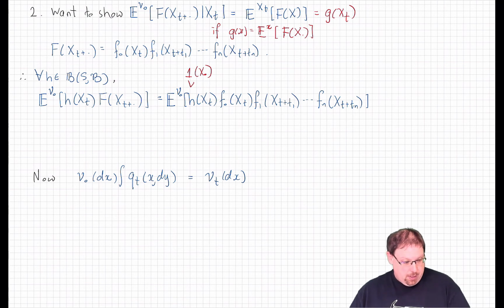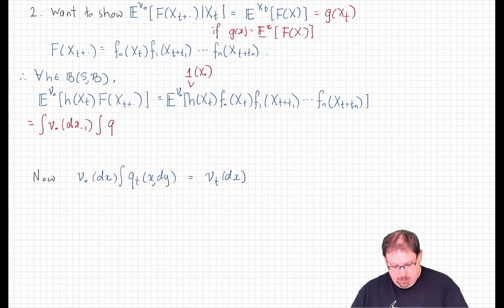And then we can use our standard formula. This is the integral against the initial distribution at a variable. Since x0 is actually already in use, let's call this dx minus 1. And then we integrate q from time 0 up to time t, because that's the next time in the list,